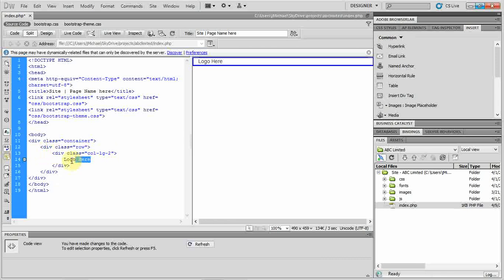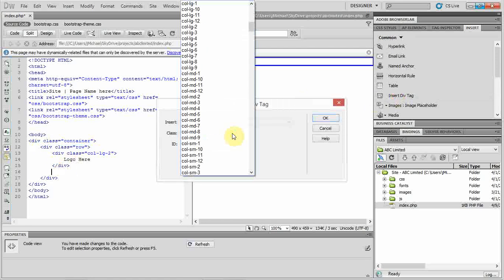Now it is important for me to type logo here so that I keep track of my columns and where I should type what. Typing logo here will visually tell me that when I want to insert a logo, this is where it should go, because our classes don't really tell us what exactly should go inside. These are predefined classes. So now I want to insert a second column, which is for navigation. This first column right here is for the logo. Now the second one in the same row is for navigation. Notice where I've clicked, right at the end of the closing tag of the first column, which is for the logo. Then I press enter to make sure that I am still inside the row but outside the first column. So right there, insert div tag,